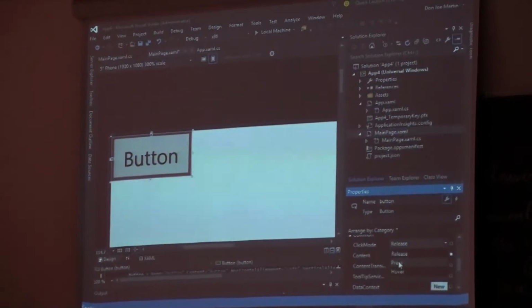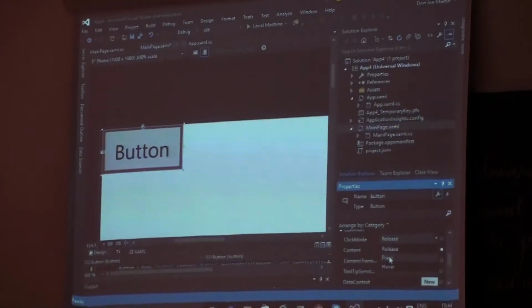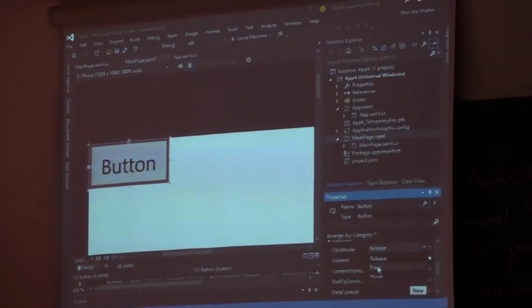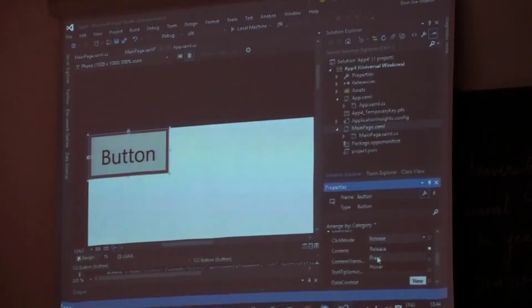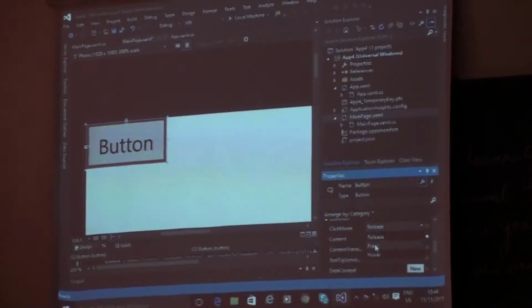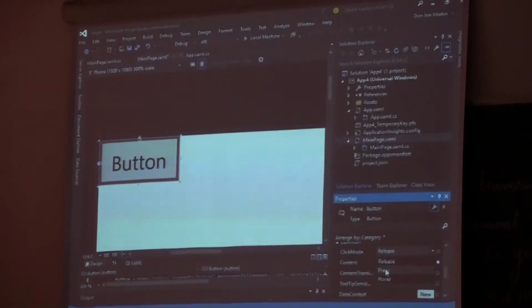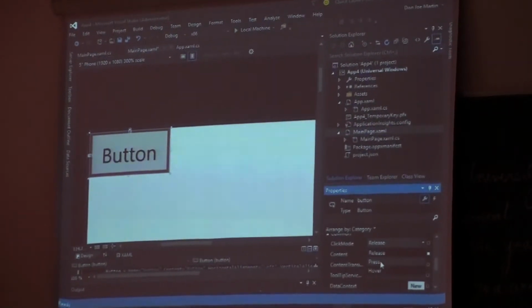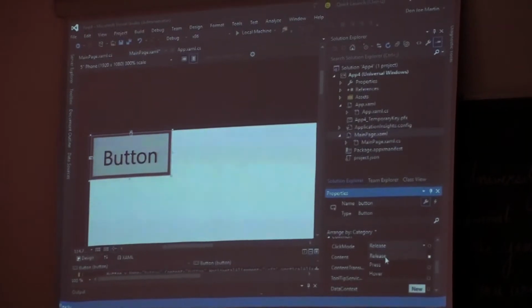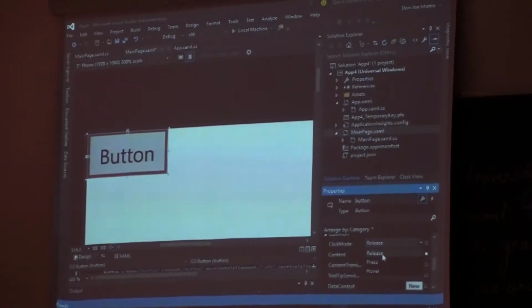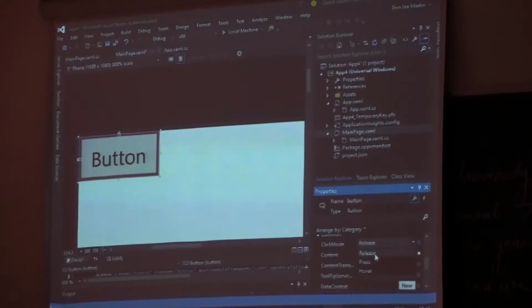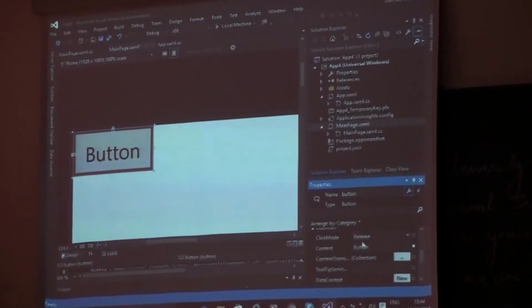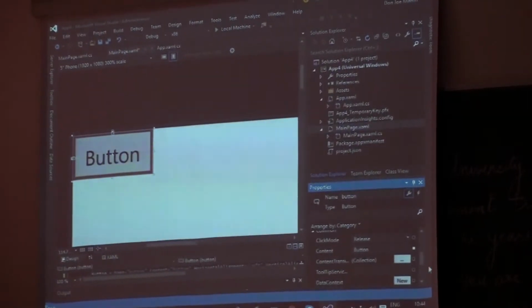Now the press option is basically, once you type in passwords, at the right side you have a button that shows the eye button. When you click that, you have an option to see your password. And that action is valid for as long as you're pressing the button. Right? So that is why the press action is there. And then there is a release action. Release action is you press it and you leave it. Right? So that's basically how you use a button. You click the button, that's you release the button, you click it and you release it. And that's the click mode. You can define it basically as you want.